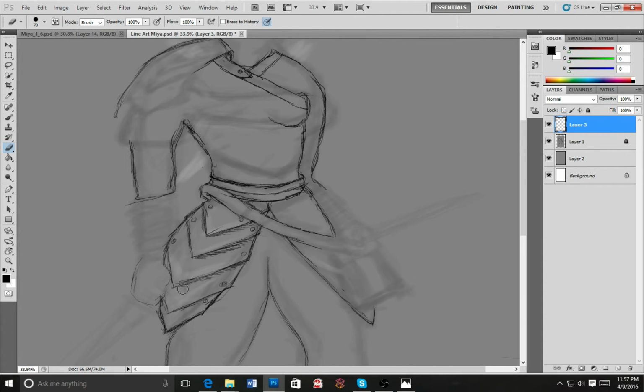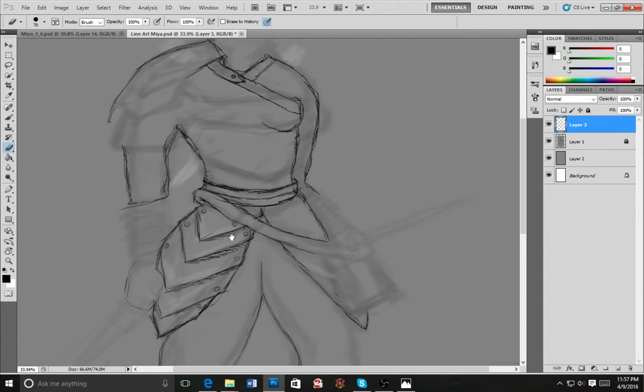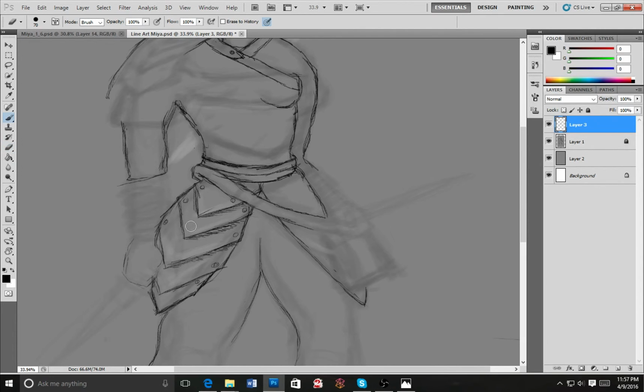So as you can see, I'm working right now on the armor piece that's near the right leg, technically, because when you flip it or turn around, it's on the right side, but technically it's on the left side as you're looking at it. And I want it to look more leather plated, so there are rivets that hold the leather piece together, and make sure